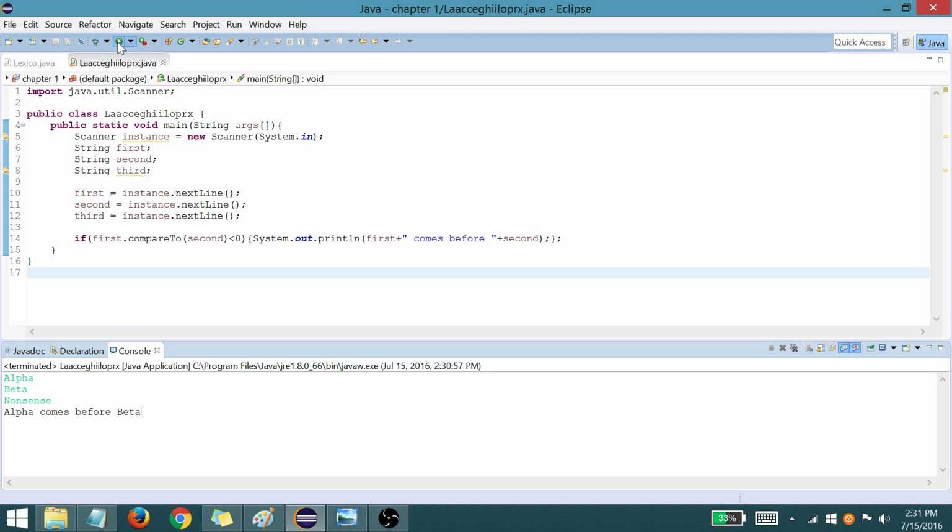Now, if we run this again and change up the order, like if we say beta, alpha, and then gamma, whatever, it doesn't matter, then you'll see when we enter it, nothing happens. That's because the computer hasn't been given any instructions for how to deal with circumstances in which the second string comes before the first string